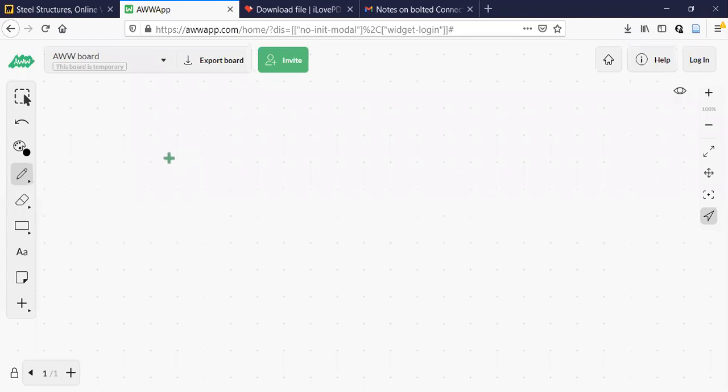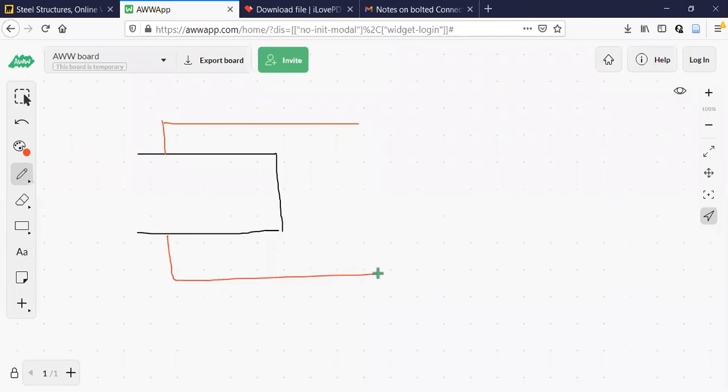See this one here. There are two plates. They can be of the same width and they can be of different widths also. But for the sake of understanding, I am using two different plates. This is a plan of two plates which are going to be connected. This one is B1. This one I'll call B2, let us say. This is B1. You can see this one. These are the two plates which are to be connected.